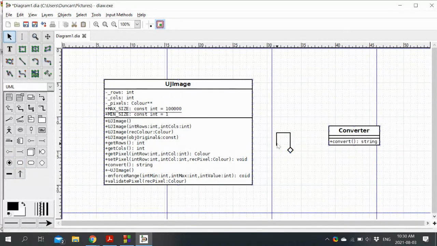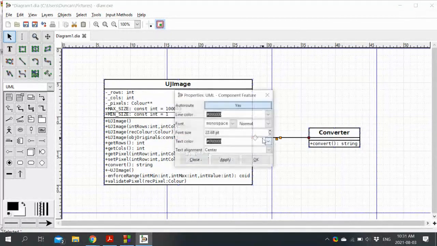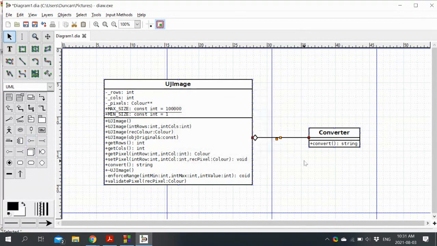So here is our containment relationship between the two. And because the UJ image has one of these, we could even specify if we wanted. Oh, did I pick the right one there?